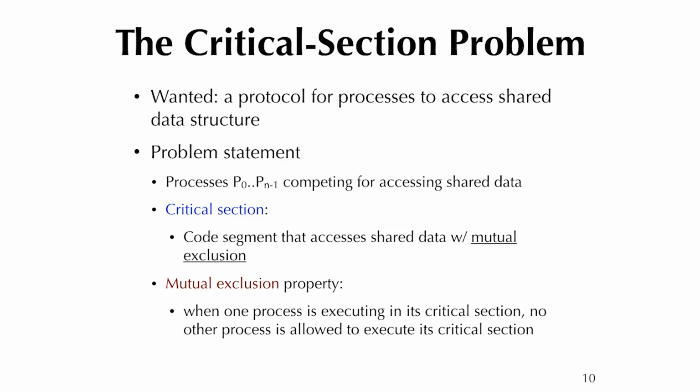So what's a critical section? Well, the critical section problem is one where you want what's called a protocol or agreement among processes that share a variable, but you can't really do much with the variable itself. So what you can do is define a section of code that accesses the shared variable. Okay, and so if you have a set of processes P0 through Pn-1 that are trying to access a shared variable or some shared data, the critical section is one where the